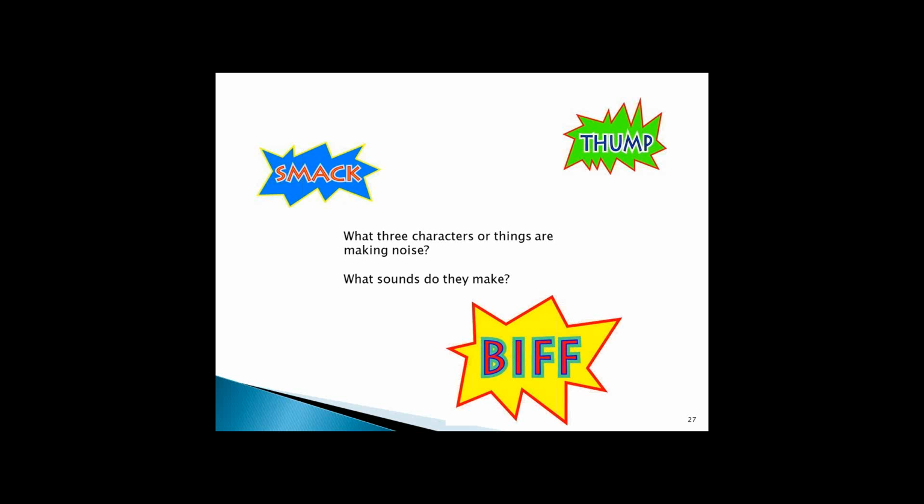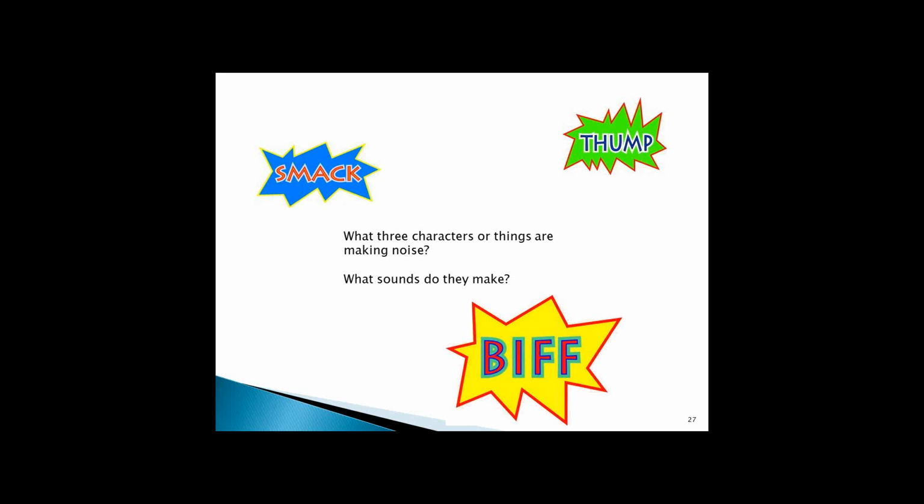I'll go with wow. Now, if I'm doing this with kids, I would ask them not only what the sound is, but I would ask them to help me spell it. So we're using at least the beginning sounds of words. If they can't do anything further, that's okay, but at least to give me the beginning letters of the words. So we are in print and print, and we are thinking about phonemic sounds and spelling.